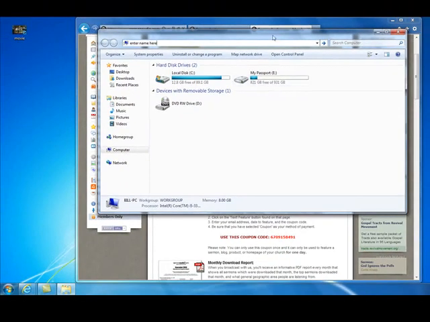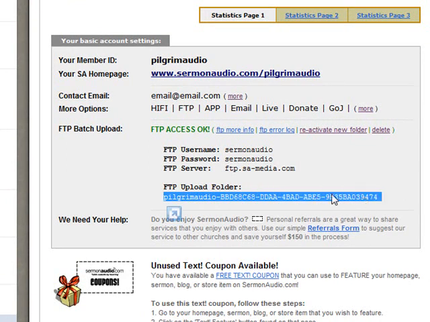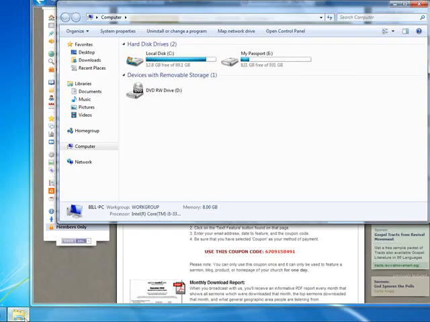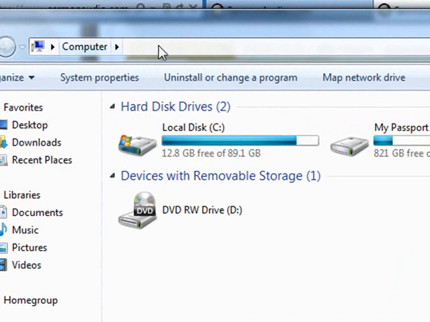First, let's get the folder name. Go back to your SermonAudio members page and copy here. Alright, now return to the open Windows Explorer window. Okay, now let's put the address of the SermonAudio server into the box followed by a /. Click here and type